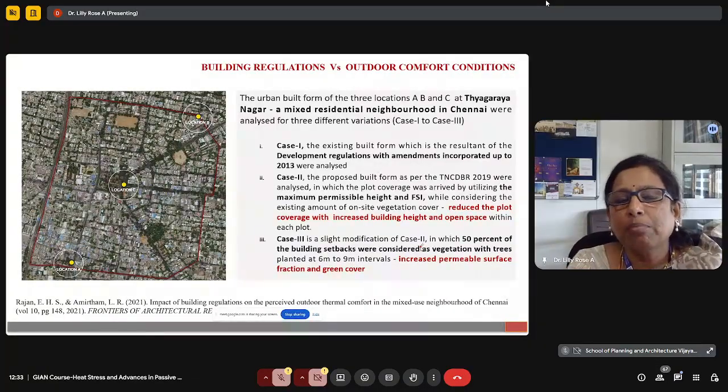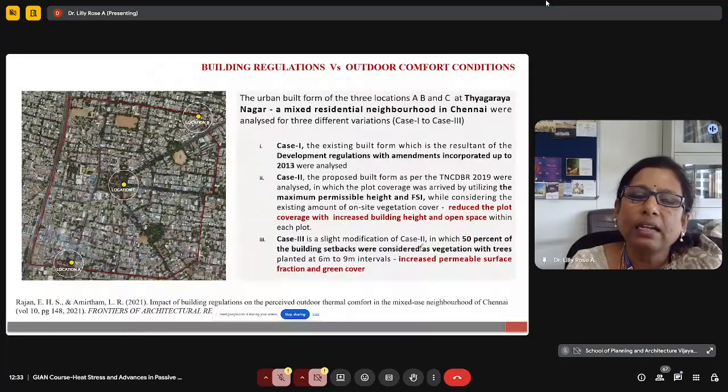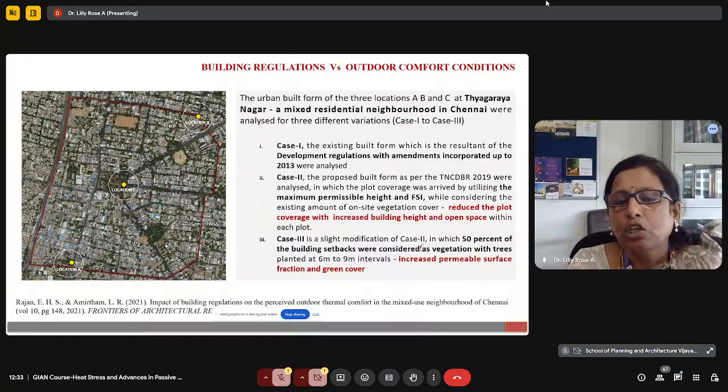Then the same thing was introduced with increasing height and reducing the plot coverage. So the development regulations in Chennai were modified in 2019. So we tried to see what would be the impact of this modified building regulation, which had increased building height and increased FSI, while the plot coverage was reduced. So that gave way for a lot of open space at the site level, wherein here we considered the existing